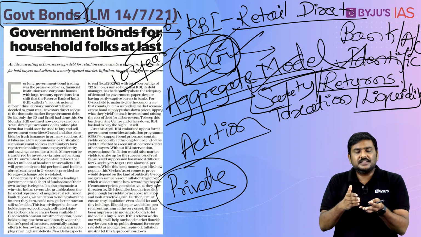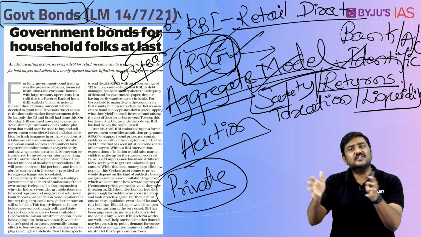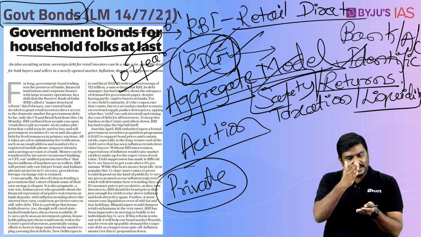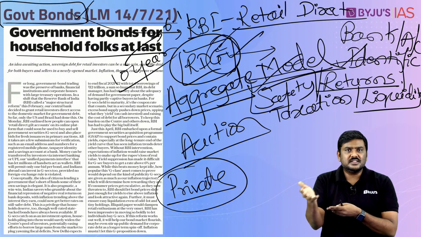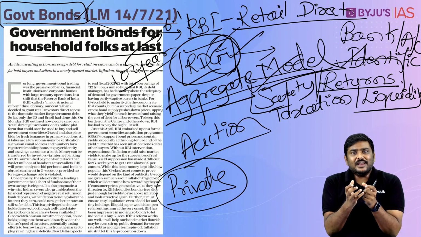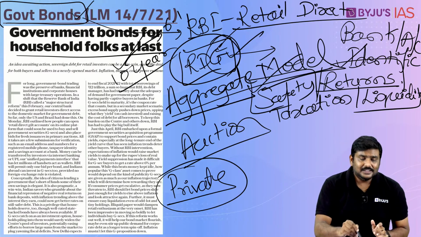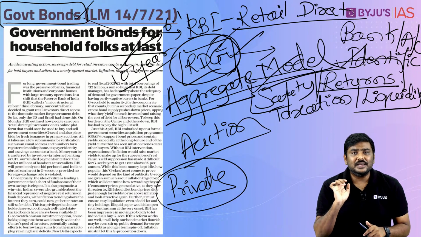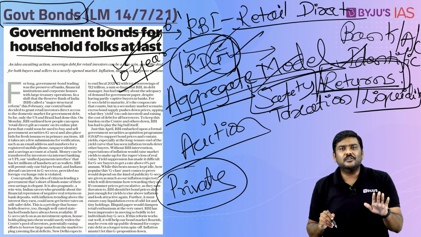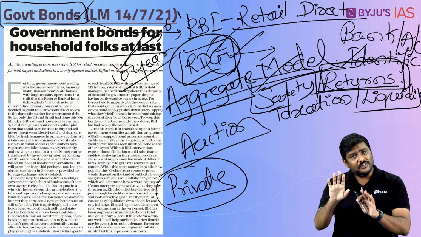For example, there is a National Savings Certificate NSC, there is a Kisan Vikas Patra, both of which are part of small savings schemes. So, have a look at this. If you invest either in Kisan Vikas Patra or a National Savings Certificate, you will earn somewhere in the range of 6.8% to 6.9%. So, when you can earn 6.8 to 6.9% by investing in these, why should you invest in the government securities and earn a lesser amount of money? That is one concern. So, in terms of returns, this particular scheme of Government of India will not be very, very successful, right? Again, assuming the investors are very, very rational here.